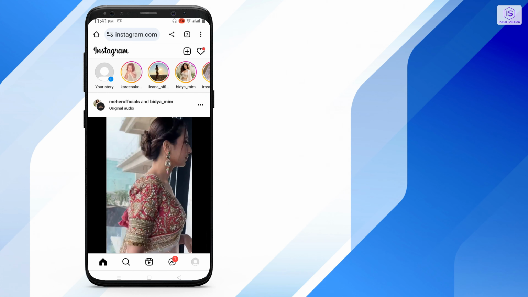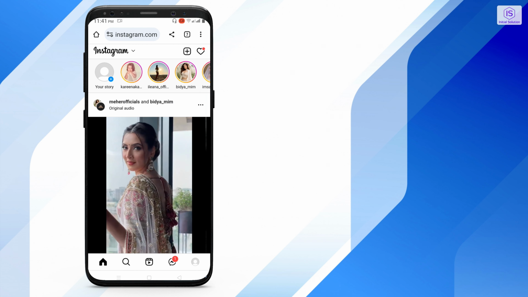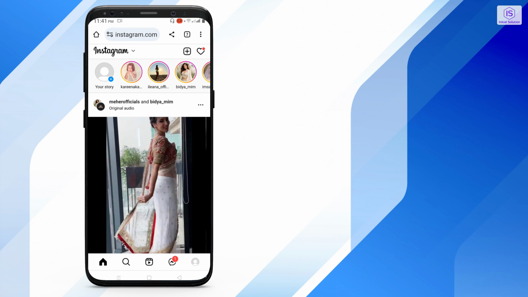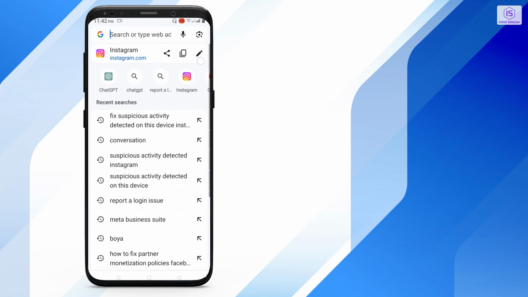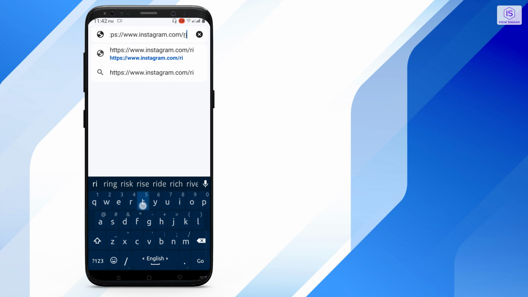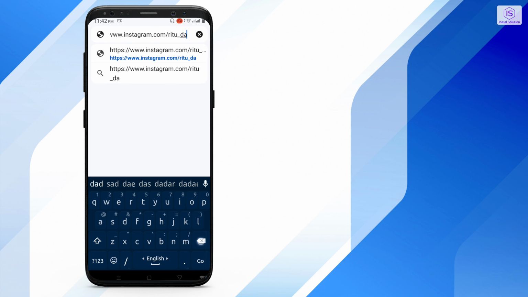Go to your browser, go to the search bar and search for instagram.com. Here you can see I've already searched for it. Then you can see there is a pen icon here. Click on it and now write your username here or paste it here. So just write my username